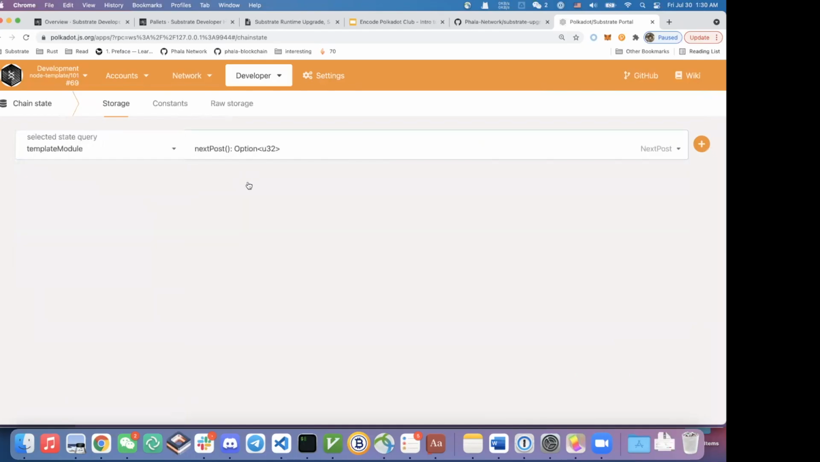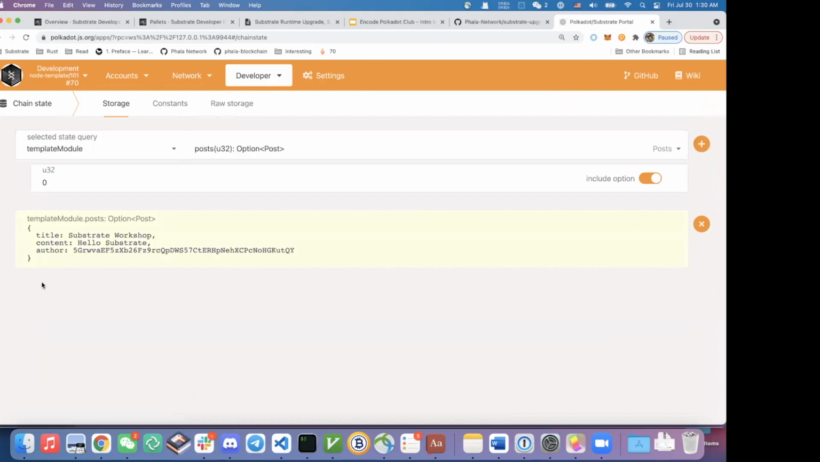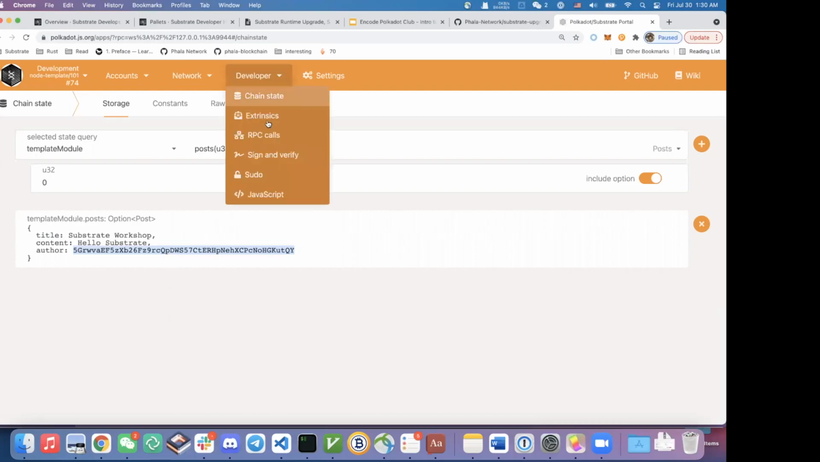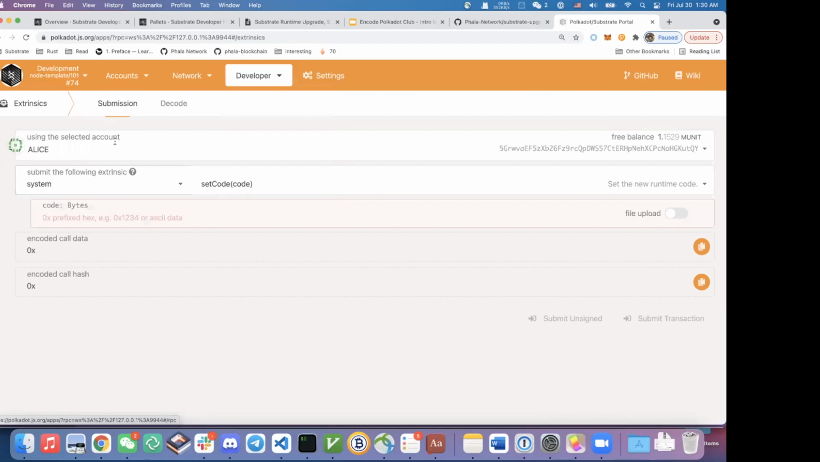Not this one. Okay, here we go. So this is post 0, and it has the title, Substrate Workshop. It has the content, Hello Substrate, and it also has the author. And this one, you can check, is the Substrate format wallet address. And if I send another transaction, maybe this time from Bob,